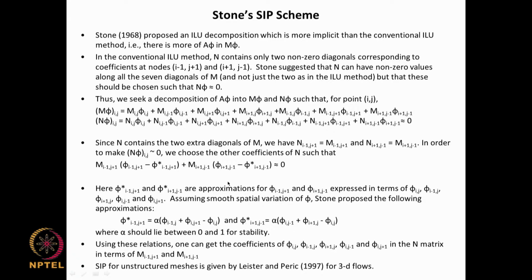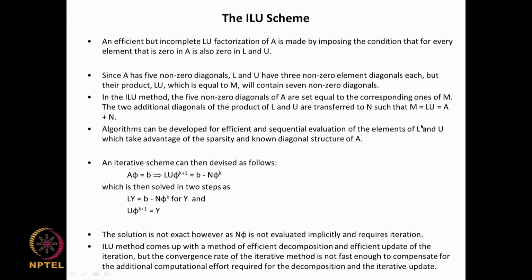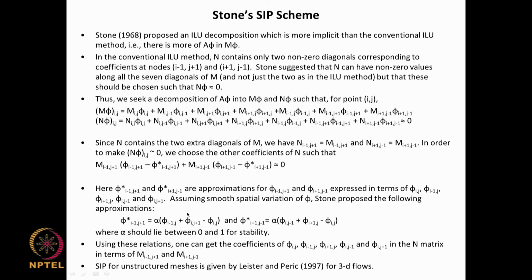So, there is a lot of detail that goes into this, and these can be derived by every one of you, but one has to study the original papers, and by doing that you should be able to come up with first a decomposition of evaluation of L and U, and once you have the L and U, then you also know the N components, and then we can go through this evaluation here. So, what Stone proposed in 1968 as a method for this 5-point diagonal was later on modified